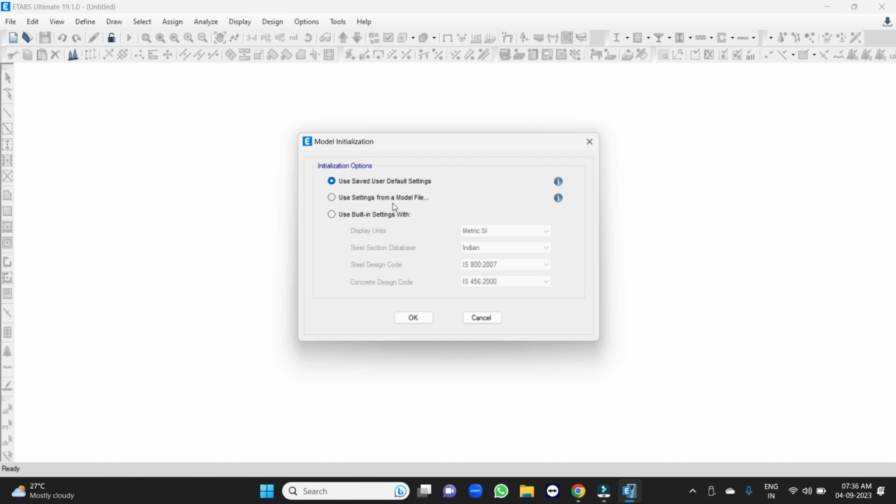The second one is use settings from a model, which means by clicking here you can direct it to some model which is already done. From that it will take the basic inputs like units and preferences, all that it takes from that model, or else you can go to use built-in settings with,